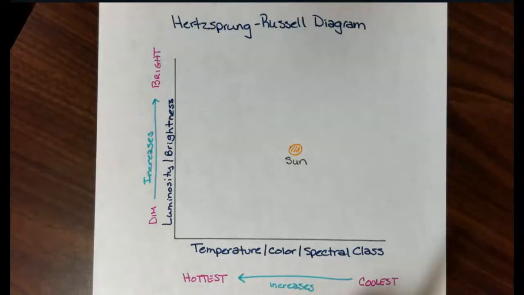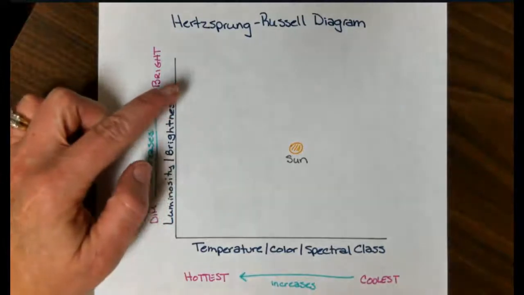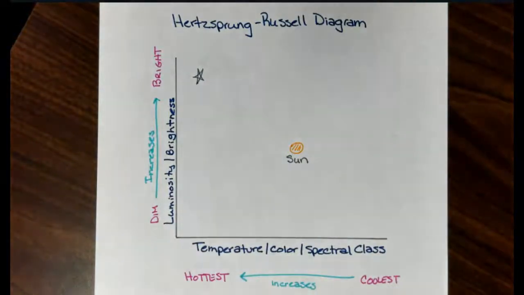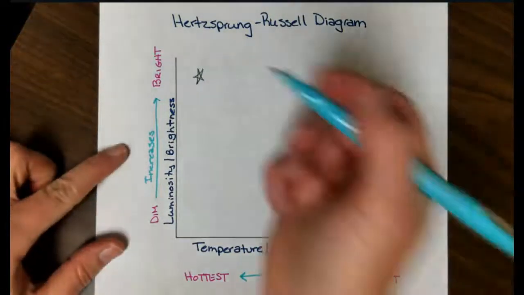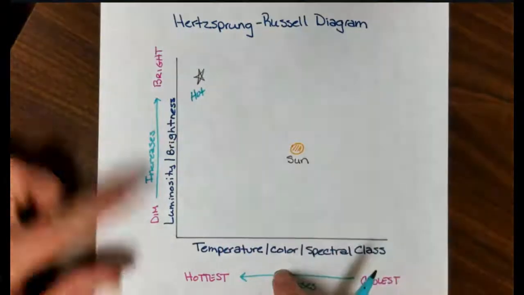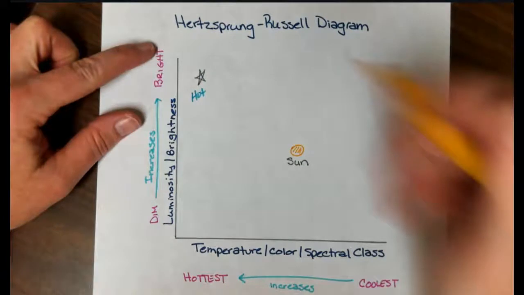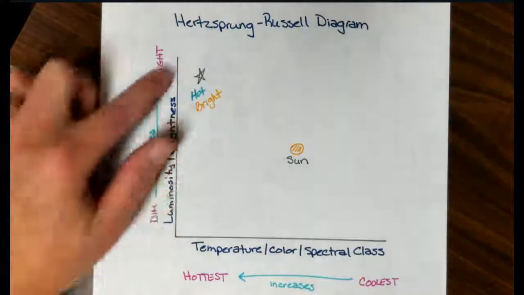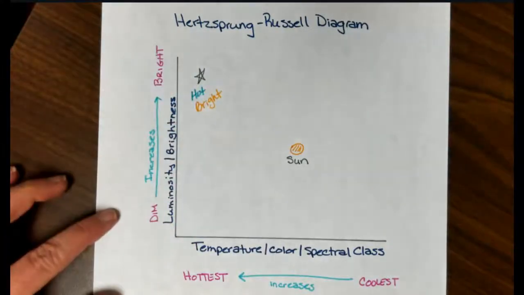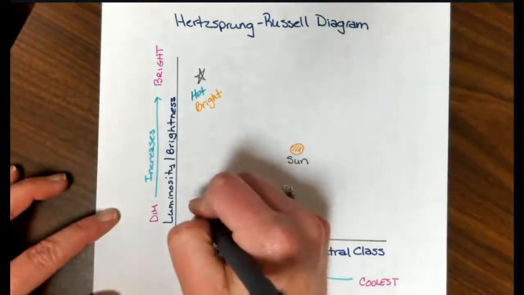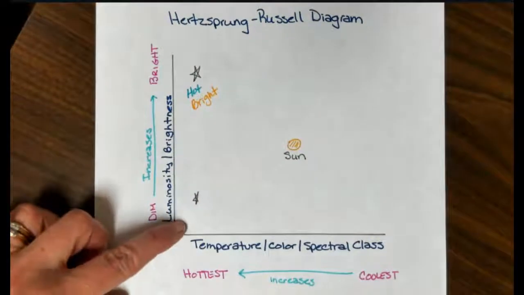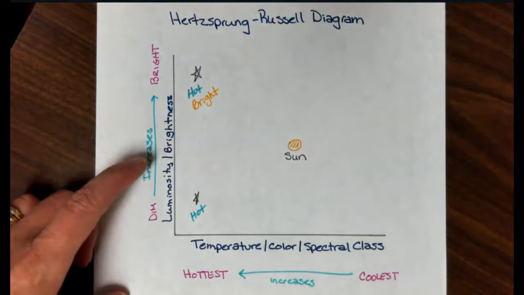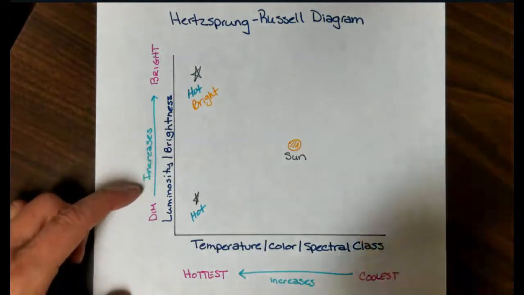So when we look at this diagram, if you find a star in this top corner, we could best describe that star as being very hot because it's all the way to the left, and it's very high, meaning it's going to be very bright. So anything up in this area is extremely hot and extremely bright. Now, if we have a star down here, we're still going to be hot because we're this far over, so it's still going to be extremely hot. But it's going to be less bright,